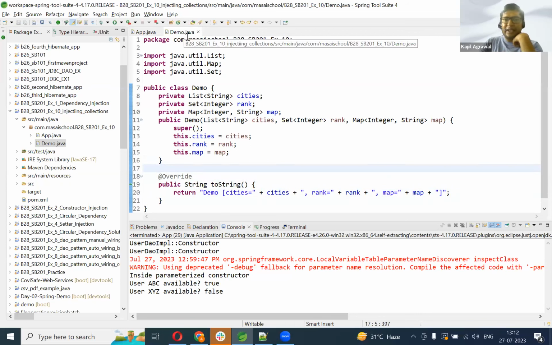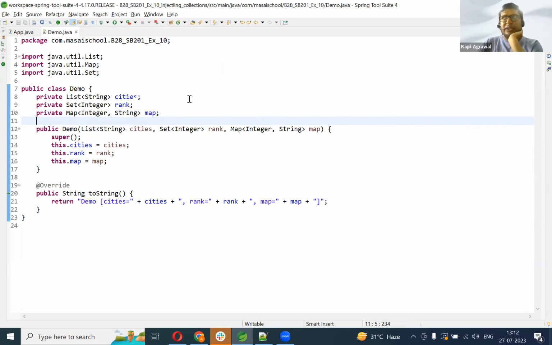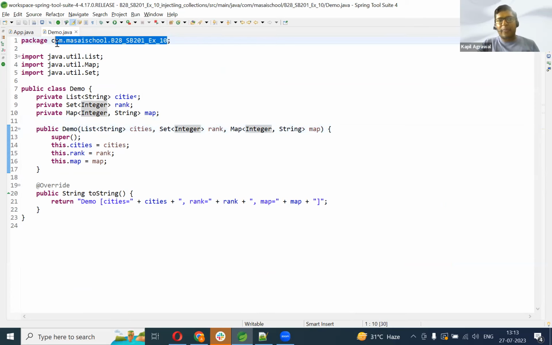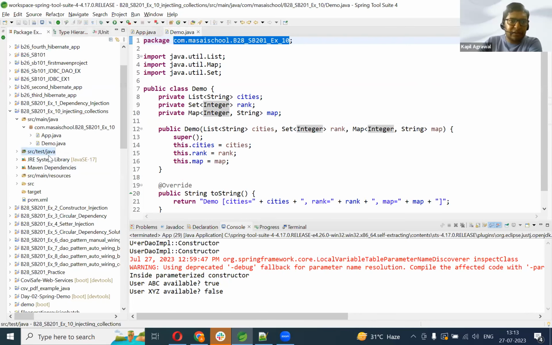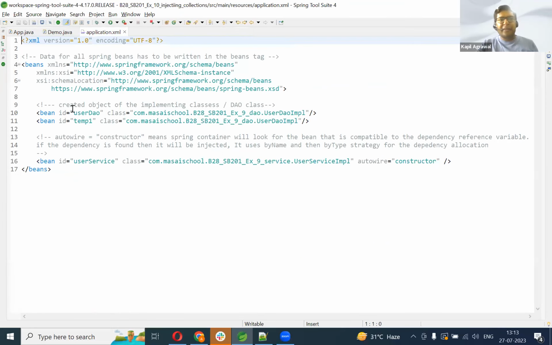So this time, everyone, can I say one thing, that whenever I wanted to create the object of this Demo class, I always have to provide the list, set, and map from the configuration metadata. Yes or no? Definitely. Now the question arises how to provide them. So to provide them, I'm going to teach you the syntaxes. So first of all, going to the application.xml file. Into the application.xml